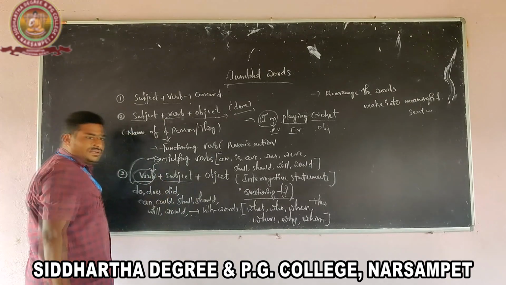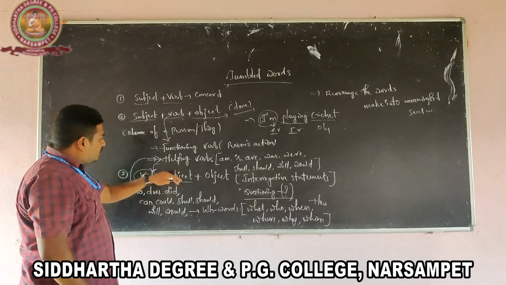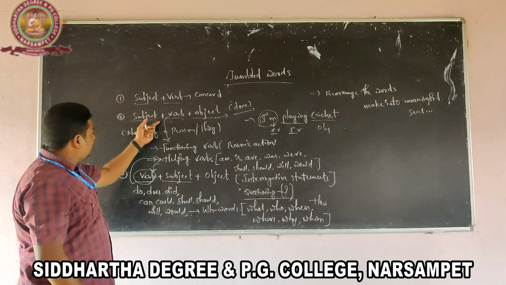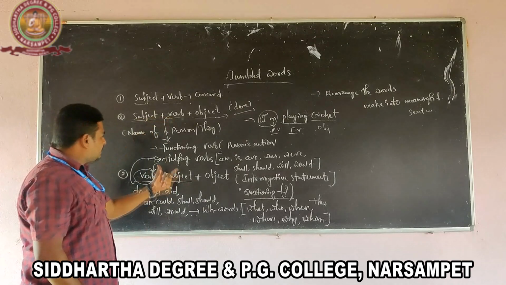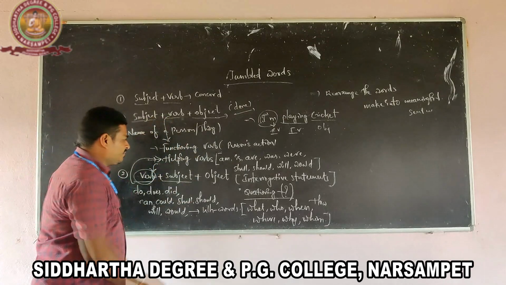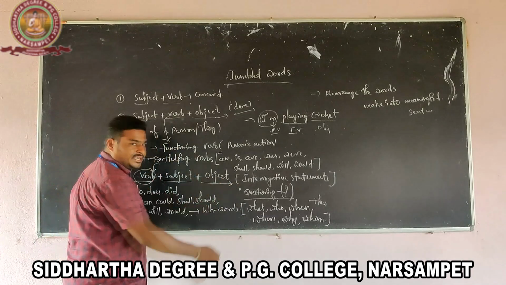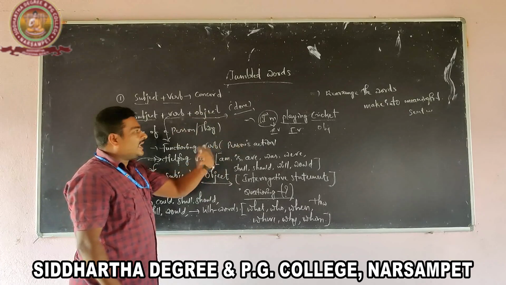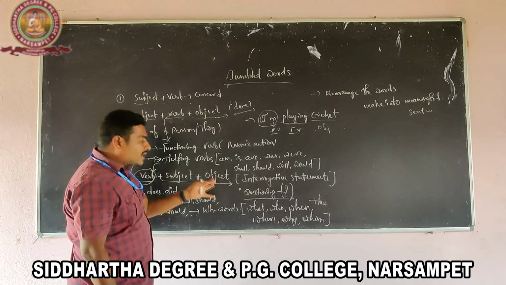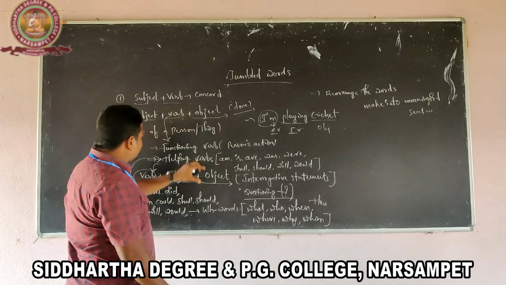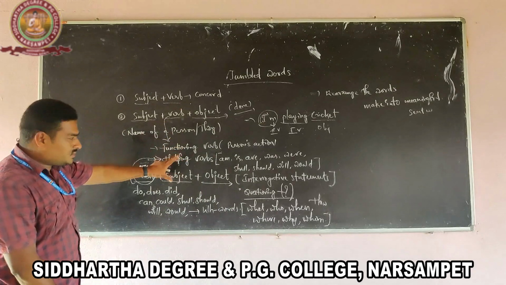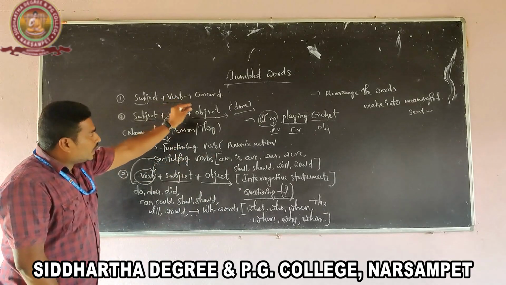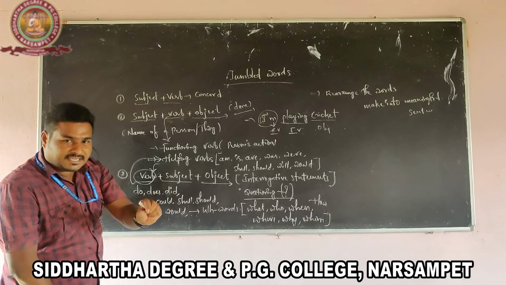Next, the second one is subject. Just now we discussed in the above structure, subject means the name of a person or thing. And next, the third one is object. As usual, the same thing: what you have done, the action, that is called an object. So these are the two important structures to solve the jumbled words in an easy way.